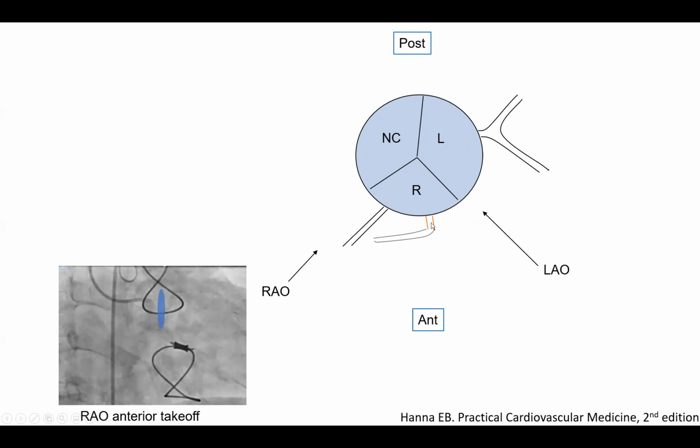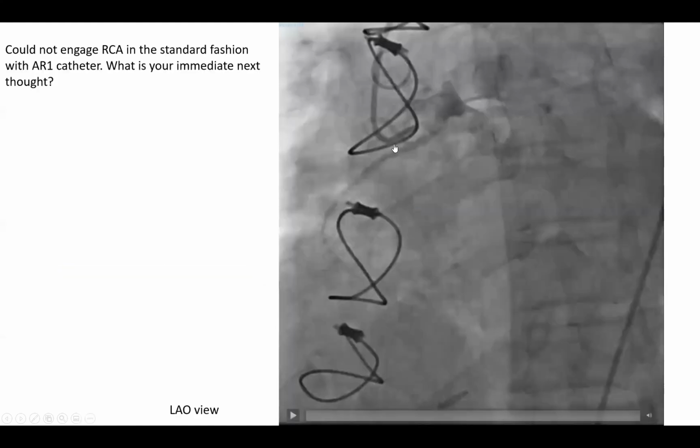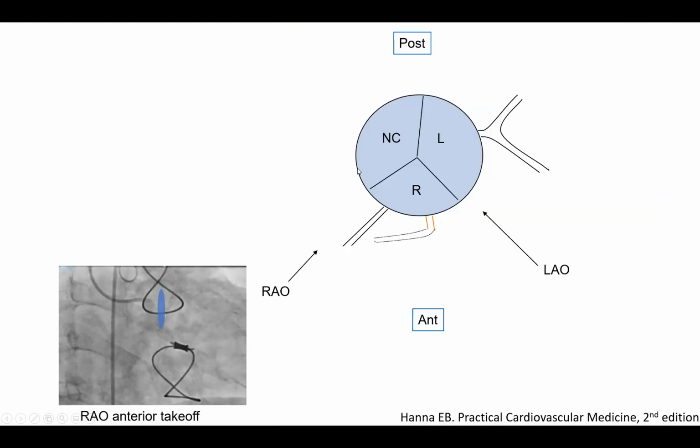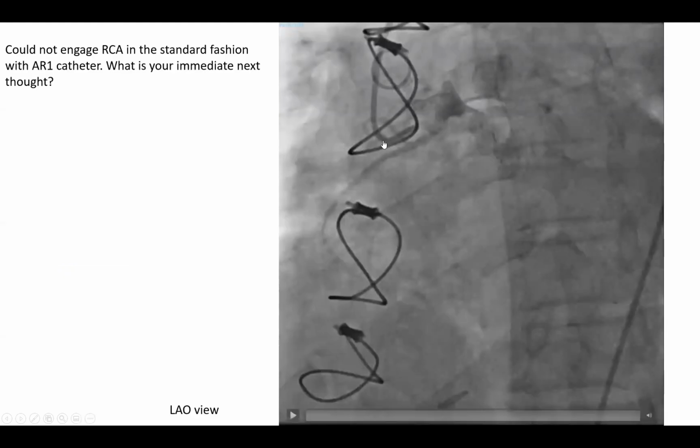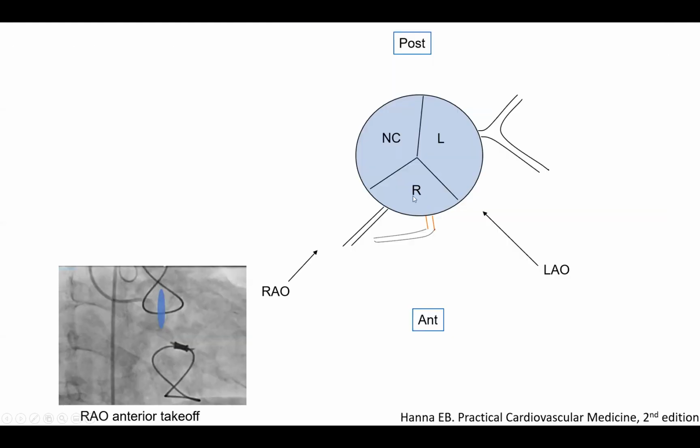So in order to engage an anterior RCA, you don't make the catheter look this way anymore in an LAO view. You don't make it look this way in an LAO view. You have to make it look at you. You have to make it look at you in an LAO view. So that's one idea. But more importantly, the RAO view becomes more orthogonal to that orifice and is better to